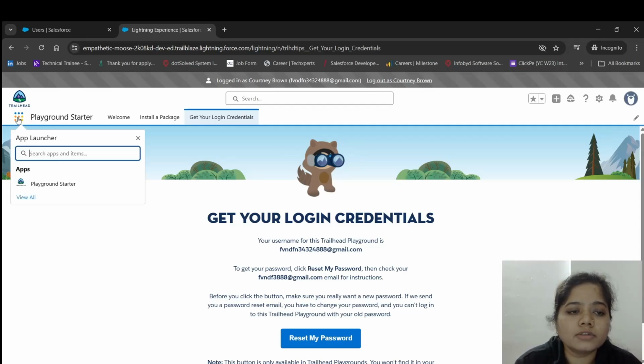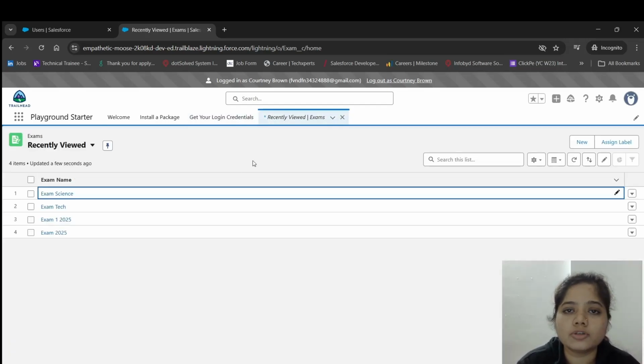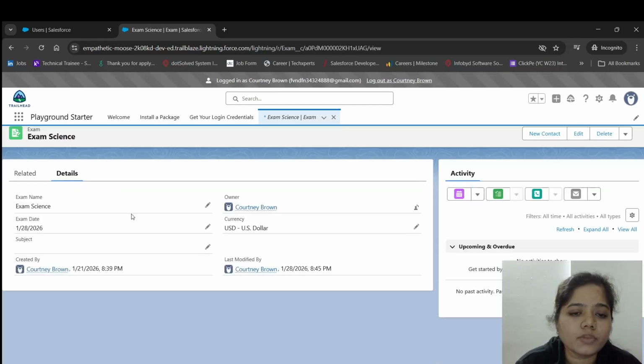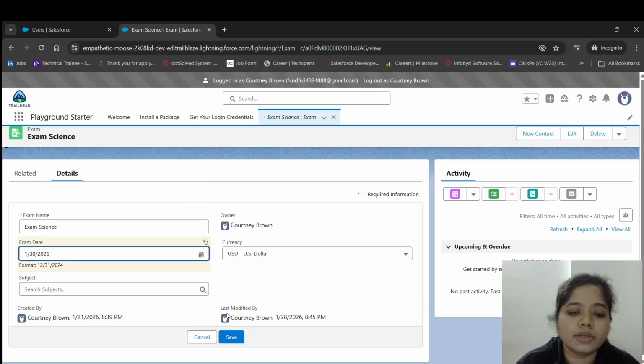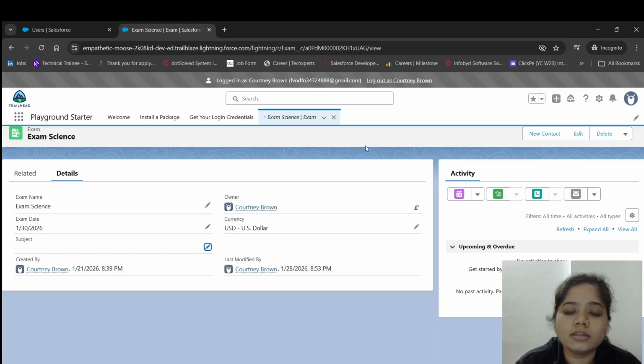And now we will search another object which is exam, and in this exam object we have given permissions of read, write, edit and create. As you can see, here is new button. It means you can create one new record, and you can edit the existing record. For example, you can select the subject, or you can change the exam date. You can edit this record and save this record. In this way, our